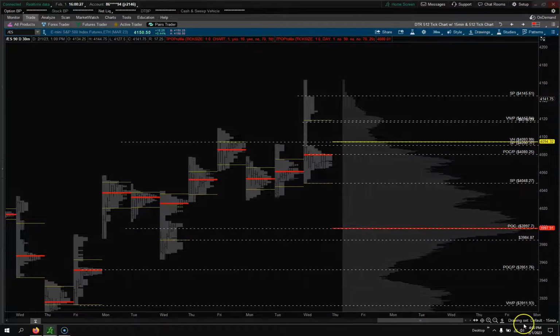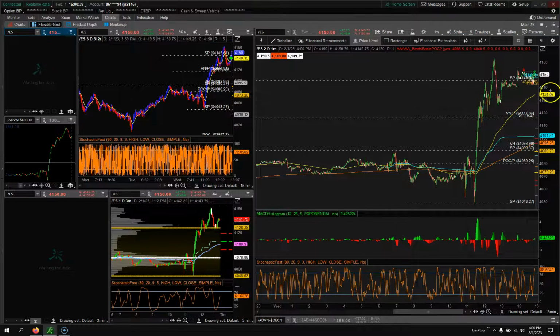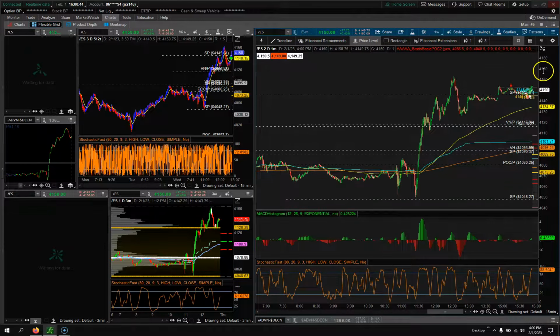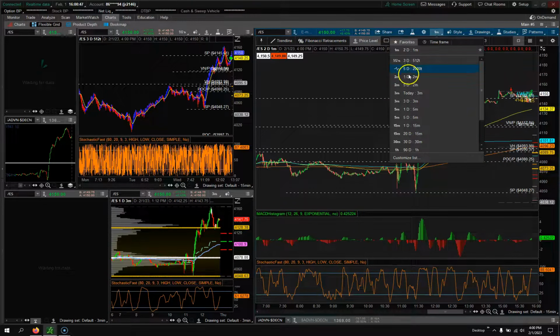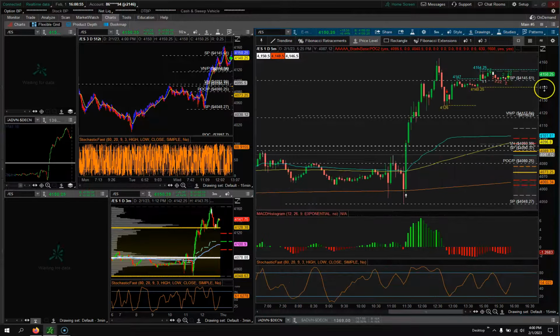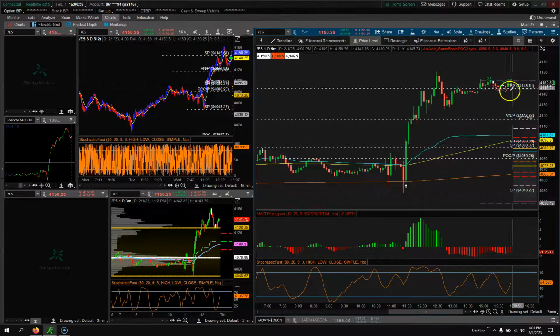Now, I have my drawing set under default 15-minute. I've done all my single prints and my value areas. Now I can come over here to my main trading screen, and now I understand. Maybe I'm going to use a 5-minute chart. What I'll do is, let me clean this up a little bit, as price falls,